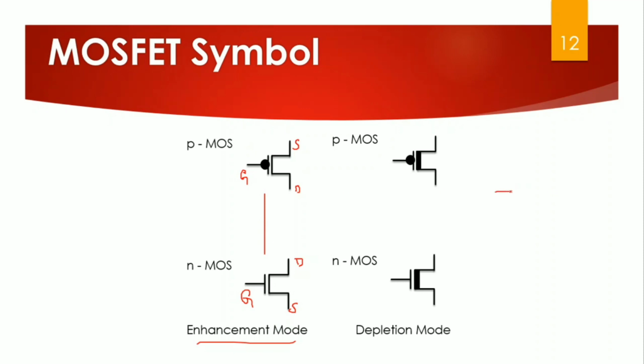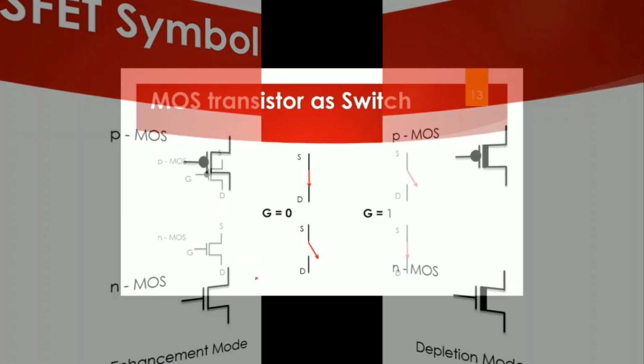So if you can see this clearly, you have gate, and there is no connection between gate and the channel. This is the channel line. Now coming to the depletion mode transistor, here you can directly see the implant. That is, you have a thick channel here, indicating that the channel formation is already done. So whenever you give VGS, this channel will break and stop the conduction. Therefore, it is called a depletion mode transistor. So again, in PMOS you have a bubble telling that you have an inverting input, and in NMOS you don't have any bubble. So the second set belongs to depletion mode. The first set belongs to enhancement mode.